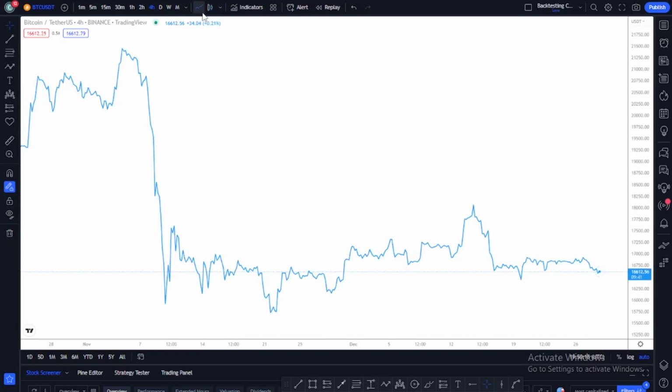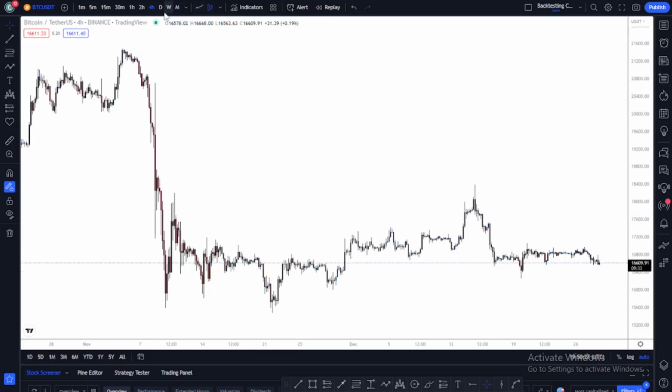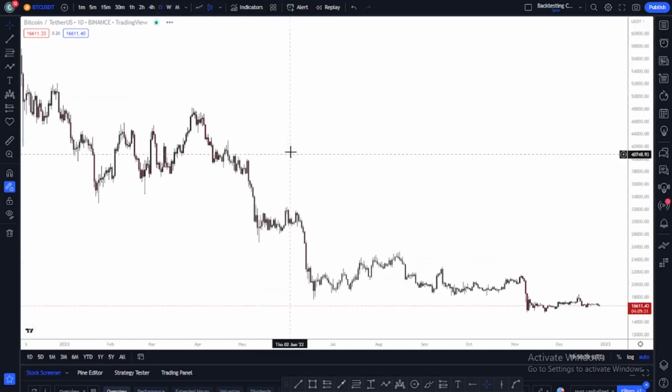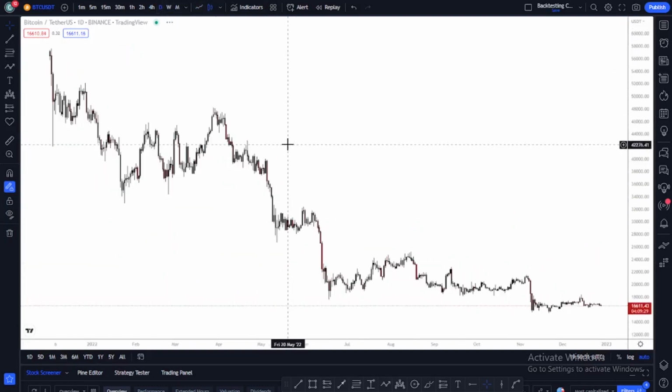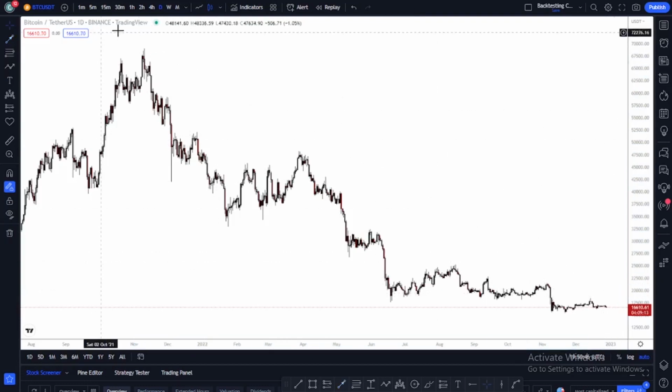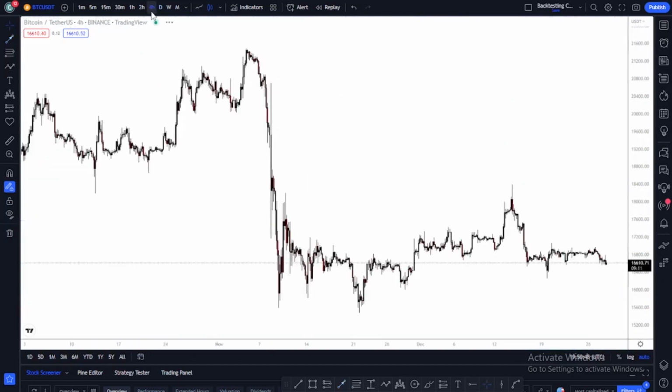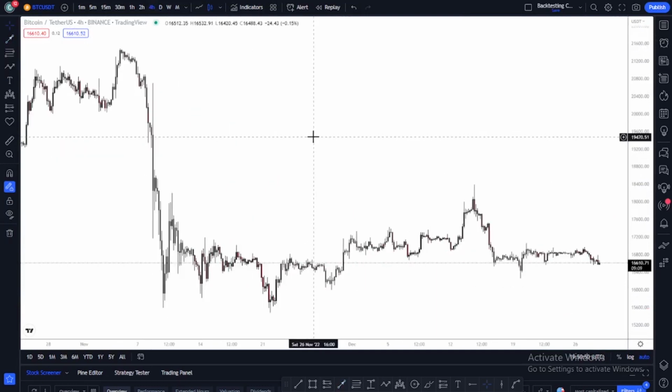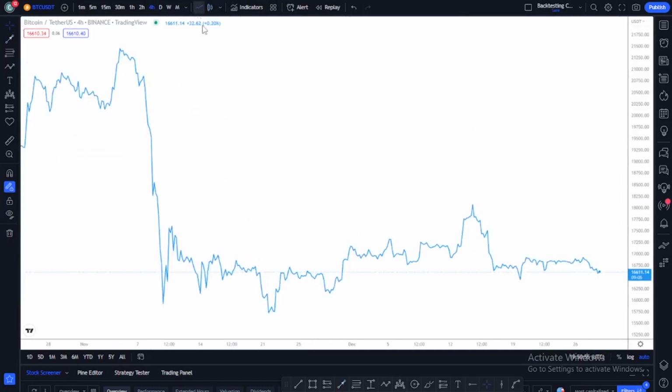Using the line charts, what patterns do we see? First of all, we can see the bearish rising wedge chart pattern. We're on the 4H. First, let's go to the daily. Looking at the daily time frame, we can see we are in a bearish trend in BTC USD. Now let's go back to our H4 line chart and identify our pattern.